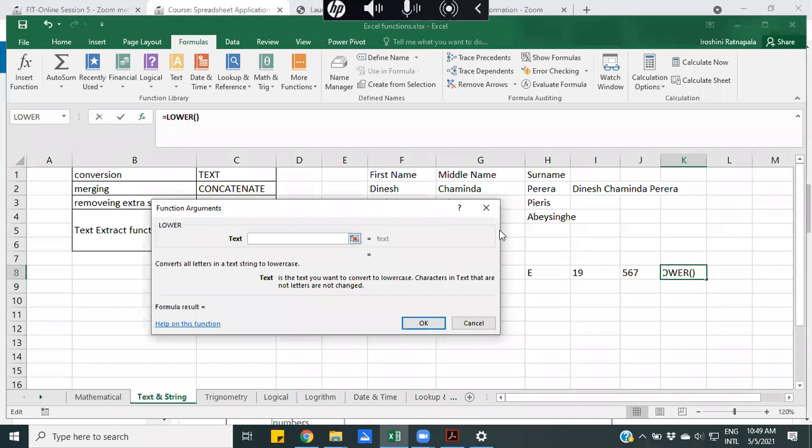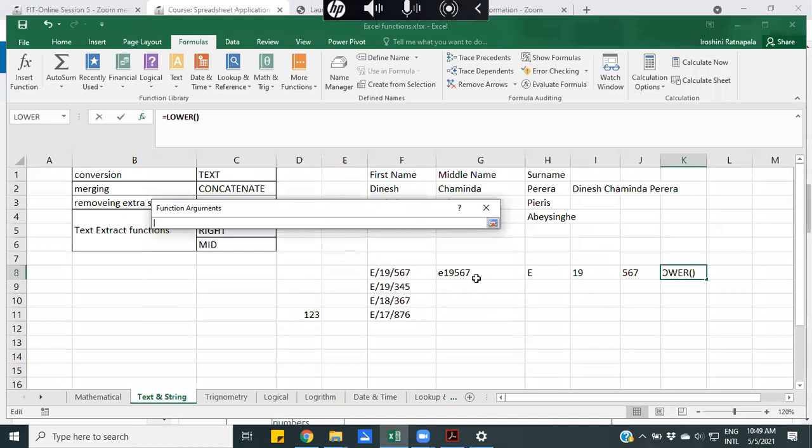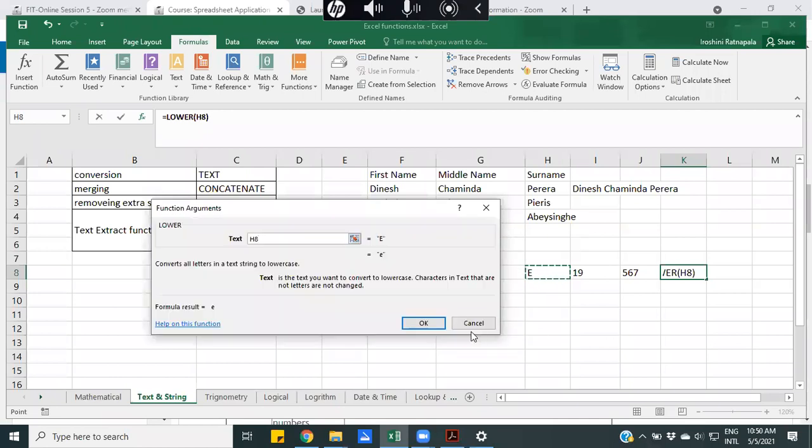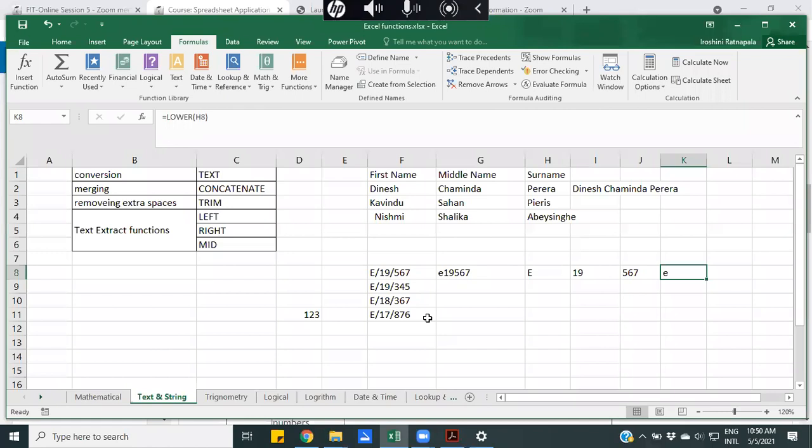when I get this box, by clicking this one, I can select the cell that my value is available there. So press enter and click OK. Can you all see, right? I have used here left, mid, and right, and I convert it. Now I concatenate all 3 values to get the exact username from this registration number.